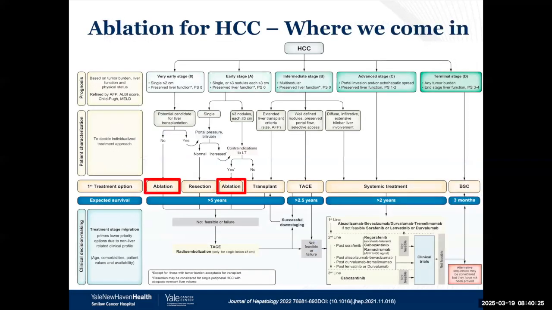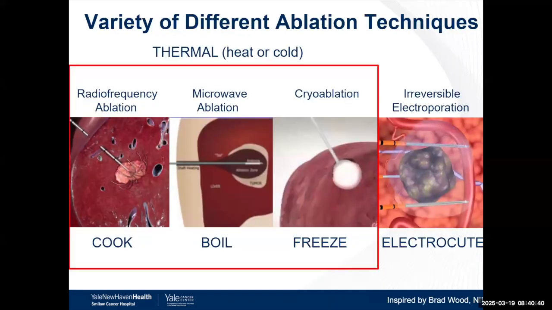Good. All right. So a quick run into ablation. Basically, just a very brief situational debrief. Ablation is for very early stage disease. This is a curative therapy that now is used increasingly as a replacement for resection. Okay, there are 2 types: thermal and non-thermal. Thermal types: radiofrequency, microwave, and cryoablation, where you can cook, boil, and freeze a tumor. And then there is non-thermal, where you deliver electric pulses that perforate the membranes of these tumors, and therefore you have a situation where